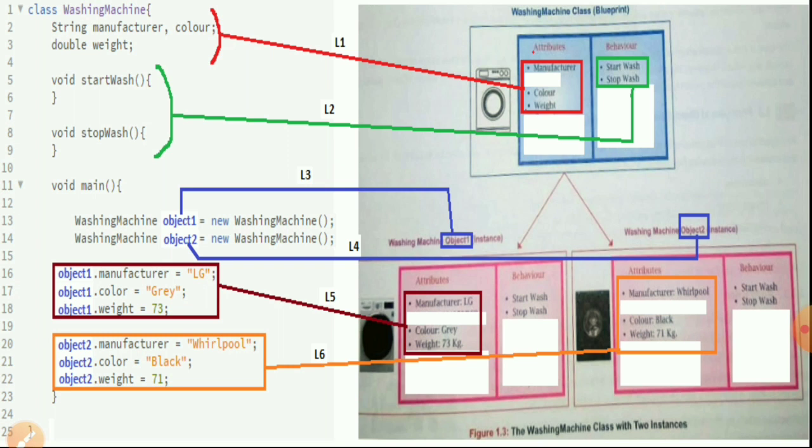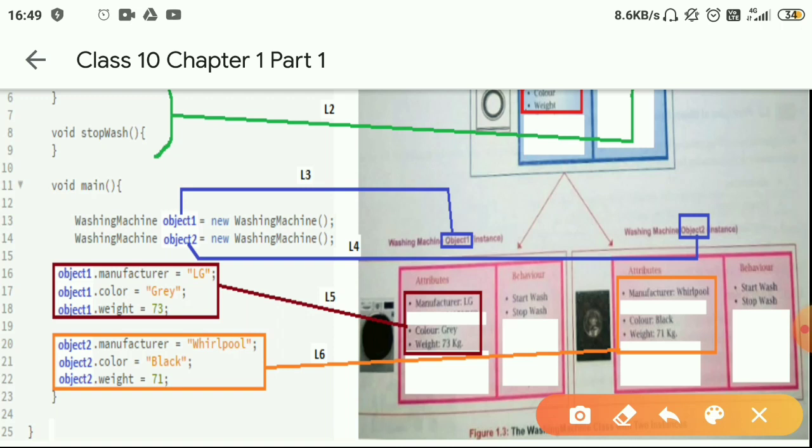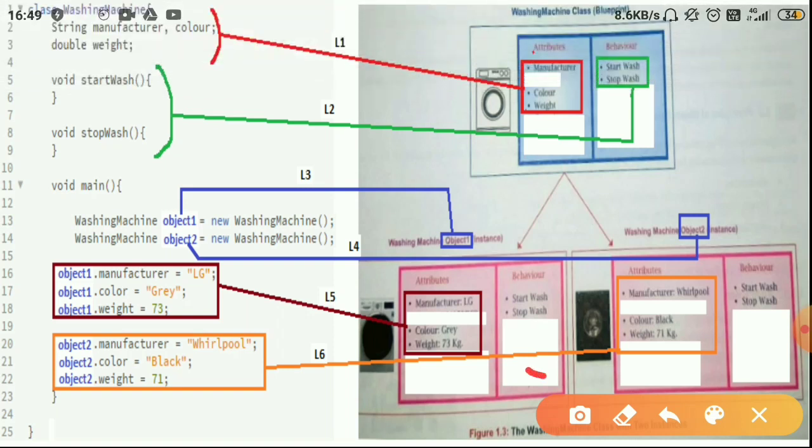If you do not understand variables and all, don't worry about it, but it is sufficient for you to understand that manufacturer and color is a variable, a container which will store data, and data of which type? String type. String is nothing but a sequence of characters. So manufacturer and color will be represented as string. And weight has been used as double.